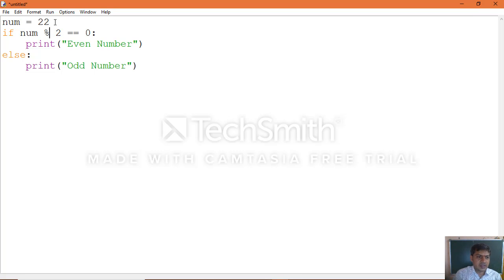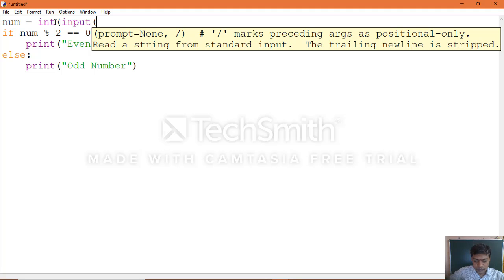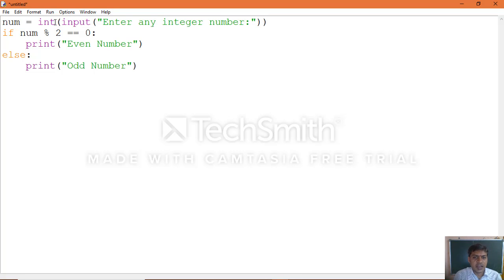Instead of this, we can make it a dynamic application, that is, int of input of "Enter any integer number", any integer number. Now it will ask you to give the input through the keyboard.